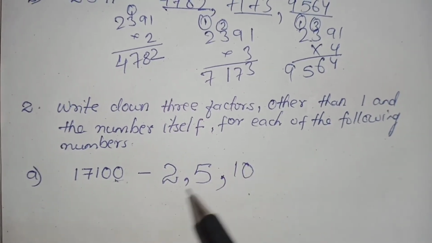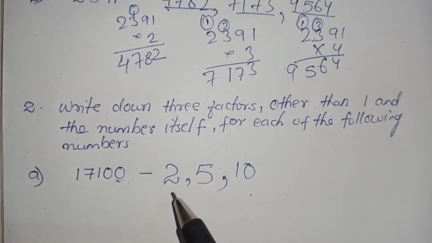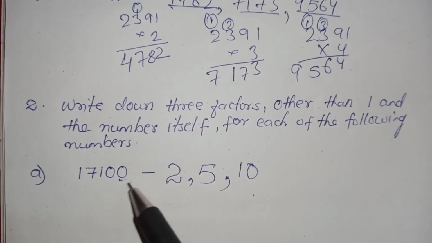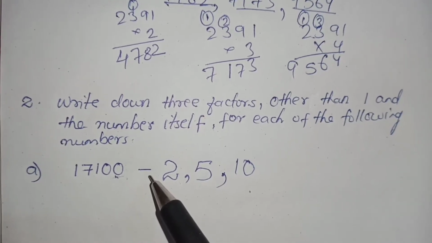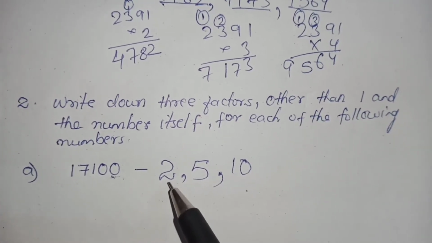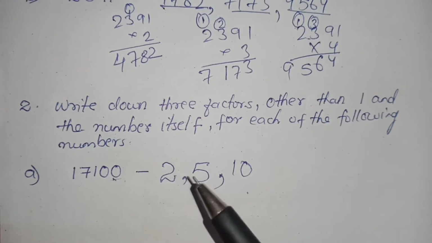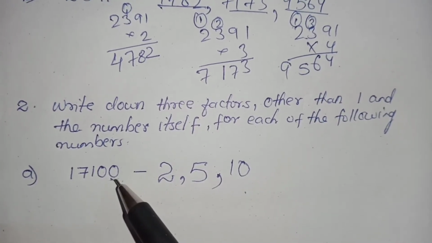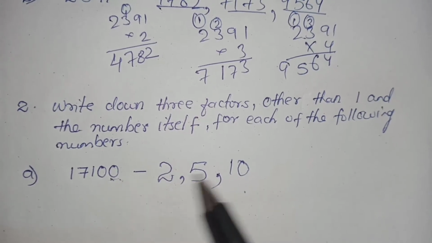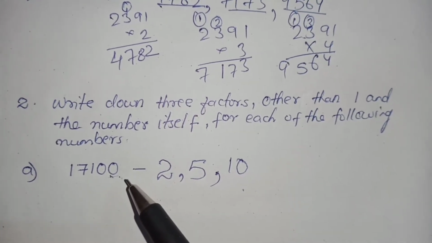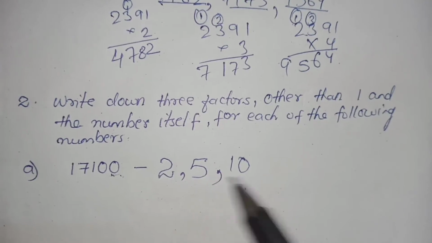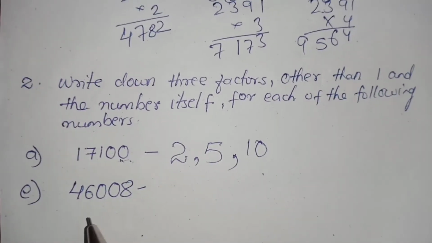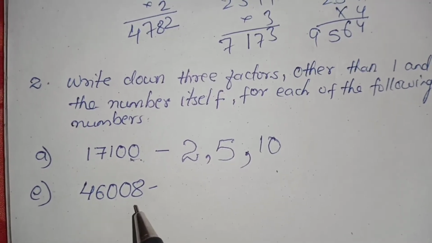Here they have given this easy one factors. It will come in the table of 3 also. But just to make you understand easily, they have given this small factor which you could have understood easily. So for 2 you have to see the last digit, for 5 also, for 10 also, and you can see it is easy to do. Now let us write the factors of this 46,008.